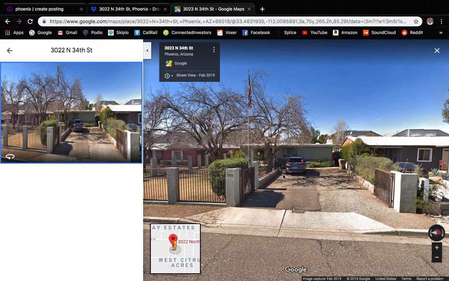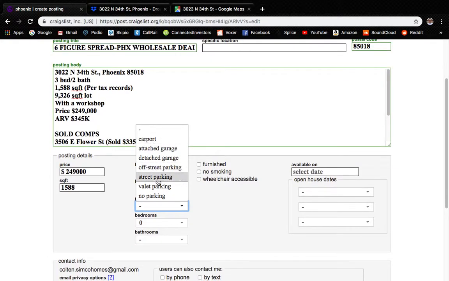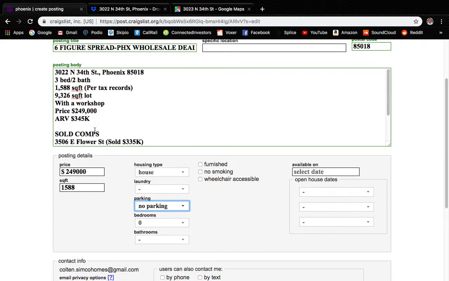So no carport, no garage. Let's see, so in that case, we would just put no parking, bedrooms,